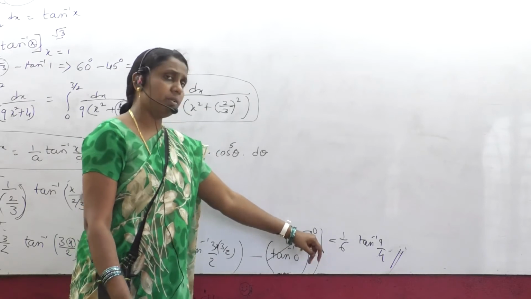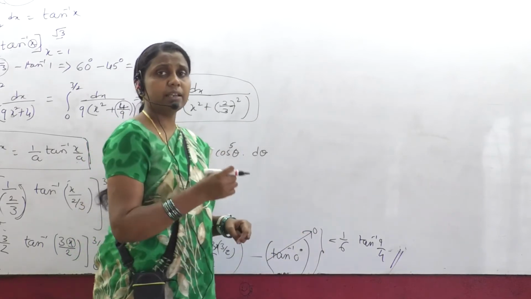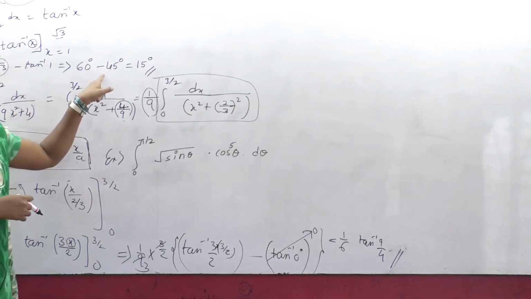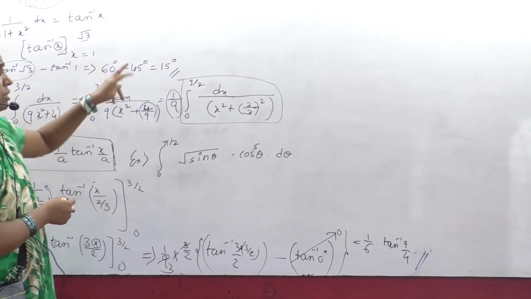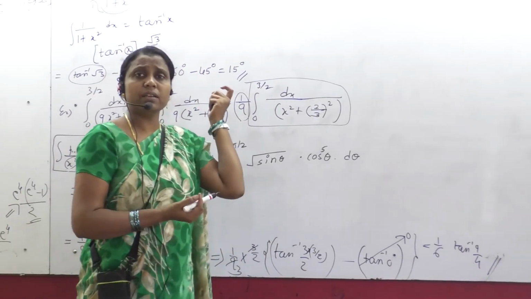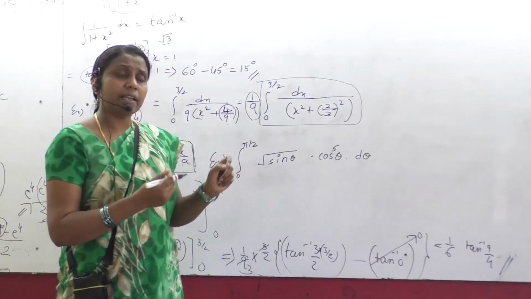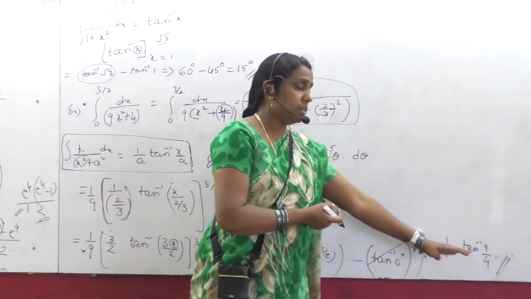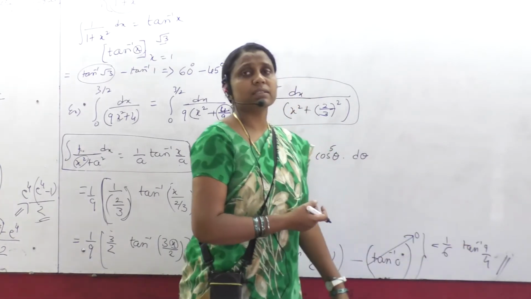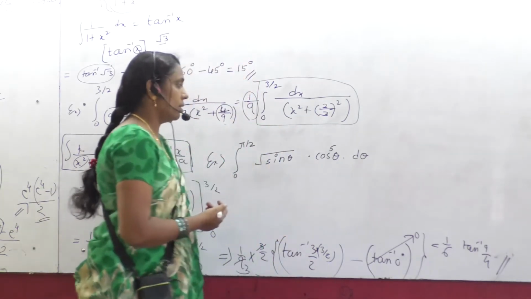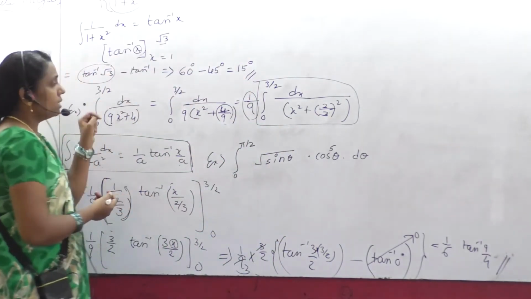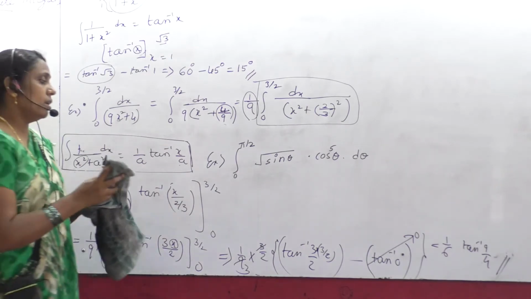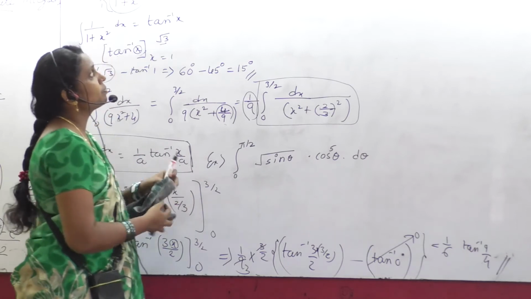So don't think that every time you will be ending with the standard angles like 60 degree, 45 degree, is it not? So every time it will not be like that. Sometimes it will be appearing, getting results with the standard angles. Sometimes it will not be like a standard angle. If it is not a standard angle, you have to keep it as it is. No doubt in that. Okay. So these are the things we tried just now. I think you understood. Let me try the next example.